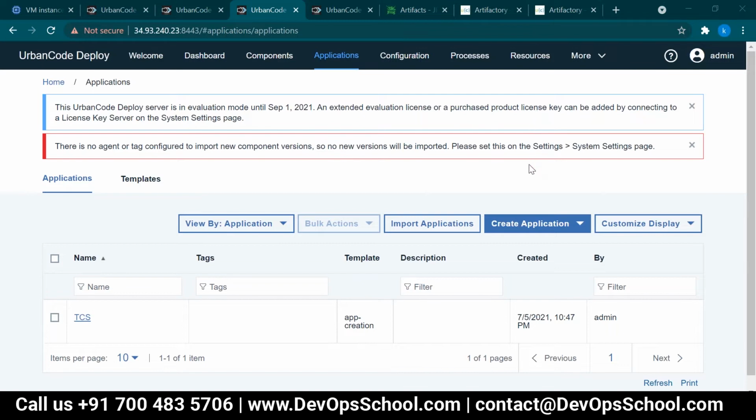Audio, audio, exit, and audio. Because the session recording is important here.